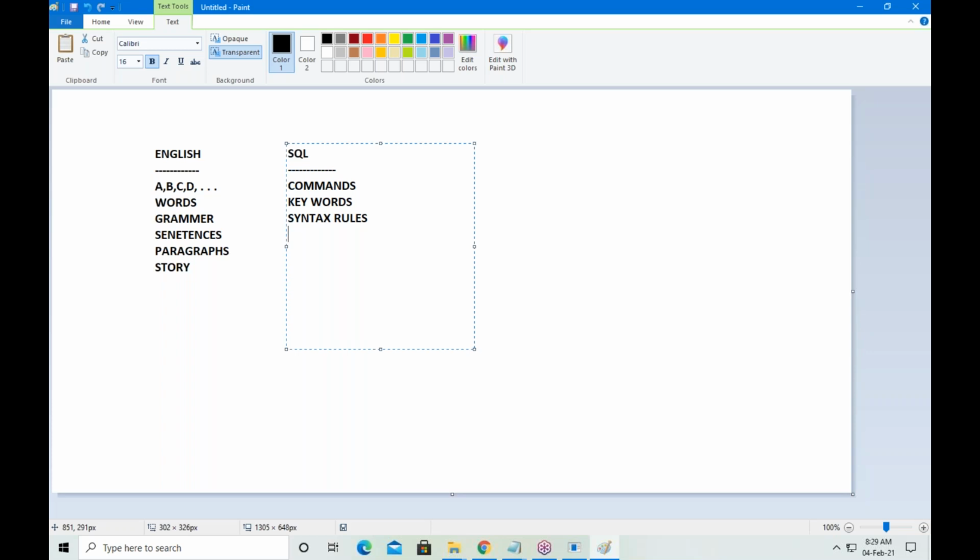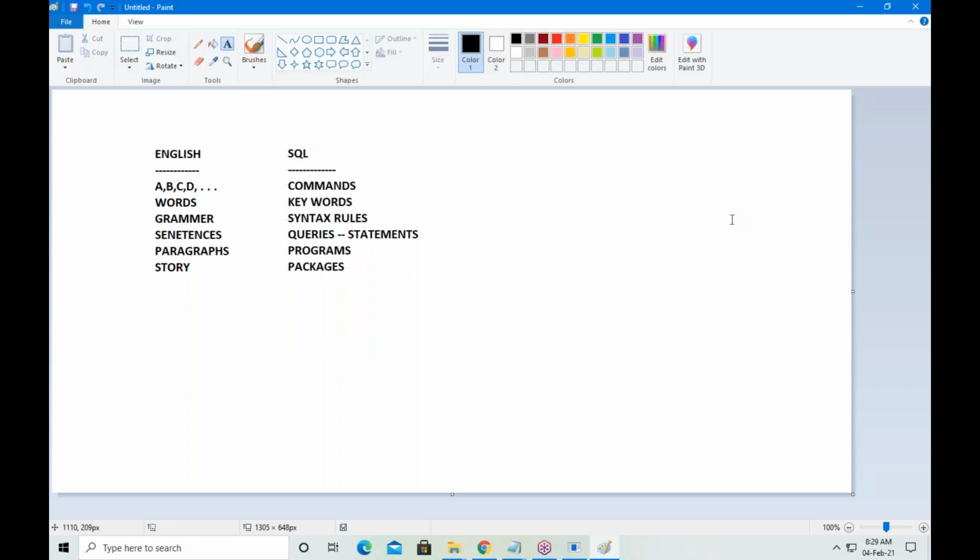By using these three, you can write queries. Queries are nothing but statements. Later you can write programs. After that, we are using packages. So this is the learning way of SQL.